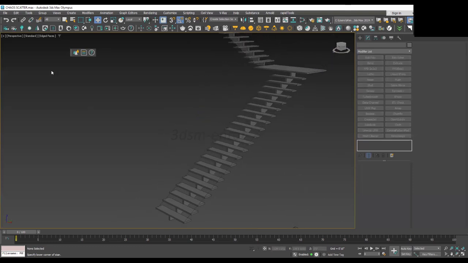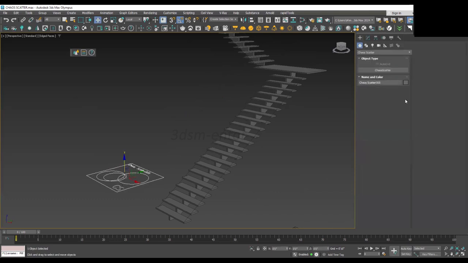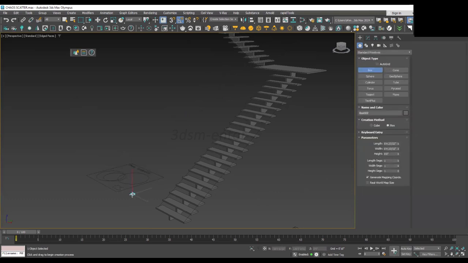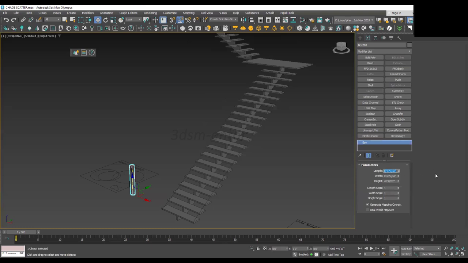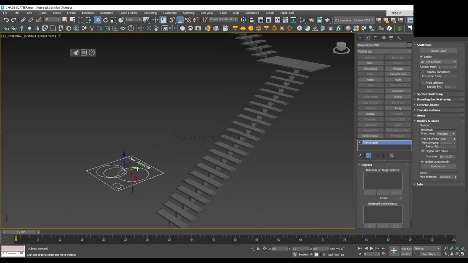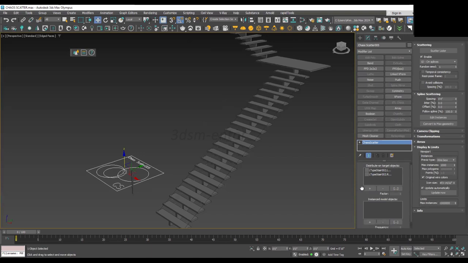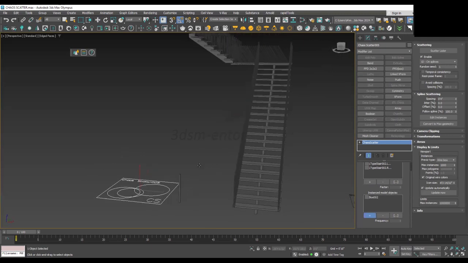And let's add our scattering tool and let's create a box real quick, almost here. Let me just quickly set dimensions and here. All right, so we have scattering tool in our scene. Add the lines, change the mode from on surfaces to on splines, and add the instance model objects in its desired section. And here you can see that we have